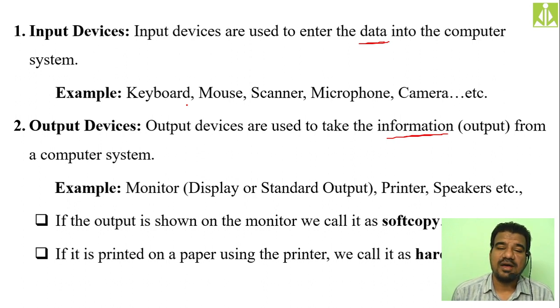All that loading, we can consider it as input to the computer, isn't it? If you are loading some 100 songs into your mobile phone, that is a bulky thing, so we can consider it as an input, because we are loading it into the computer. And whenever you are playing a particular song from that bulk of songs, it is not possible to play all that bulk together, isn't it? Can we play those 100 songs at once? Not possible. At a time you can play only one song.